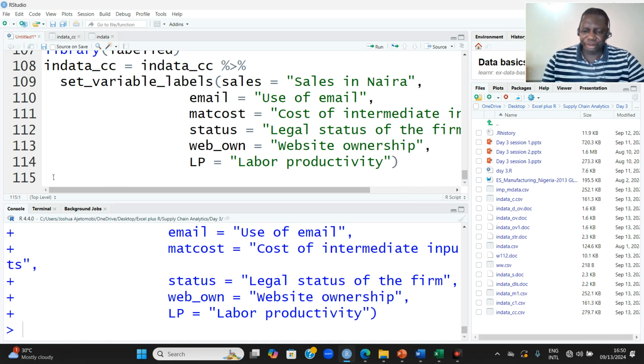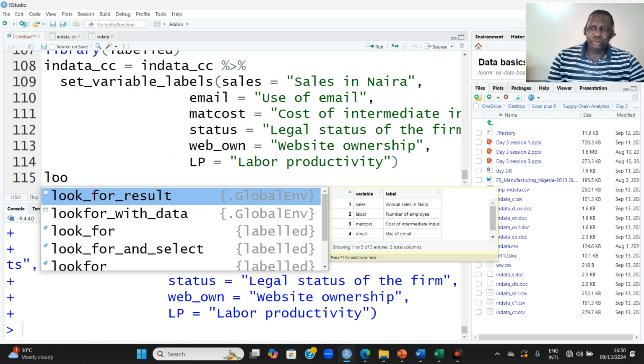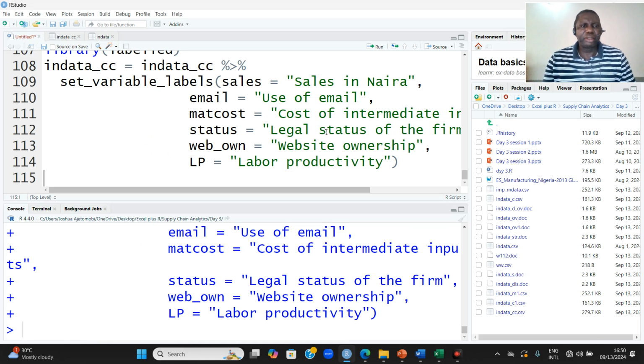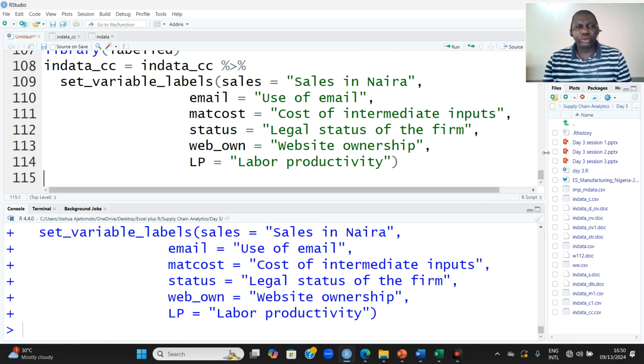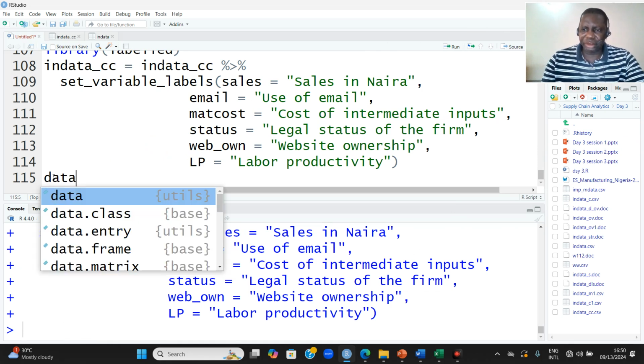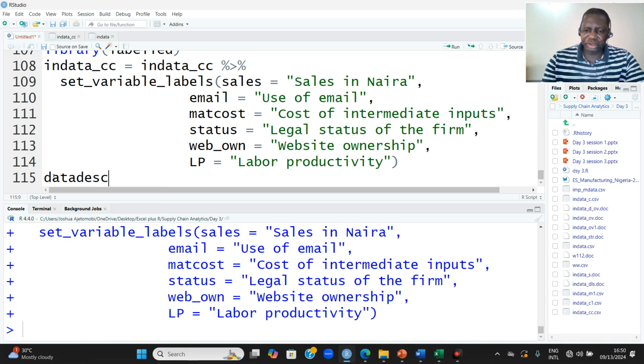To do that, you just have to say look for, so that we can export it to Microsoft Word. Let's give it a name. Let's say data description equals